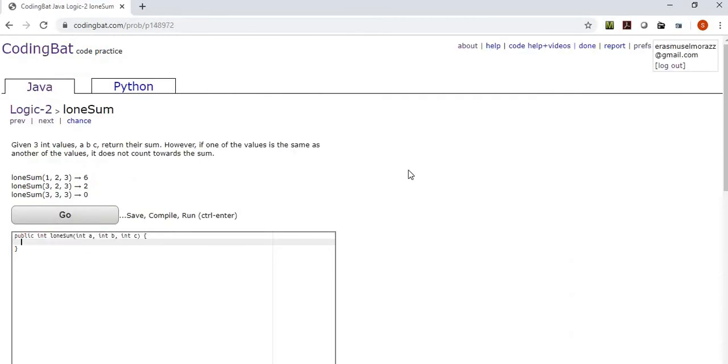So, next exercise: lone sum. Given 3 integer values, a, b, c, return their sum. However, if one of the values is the same as another of the values, it does not count towards the sum. So we're going to be adding these values up, but there's conditions on whether we're going to be adding them up. So let's go ahead and rather than just coding this so it's just one line, which I'm not even